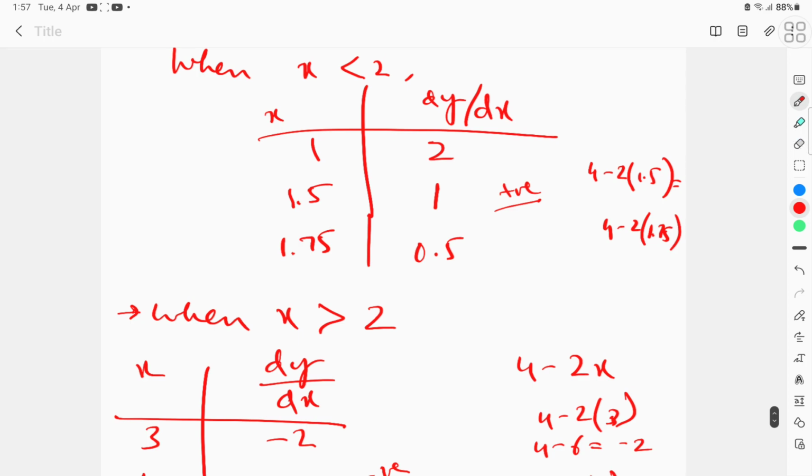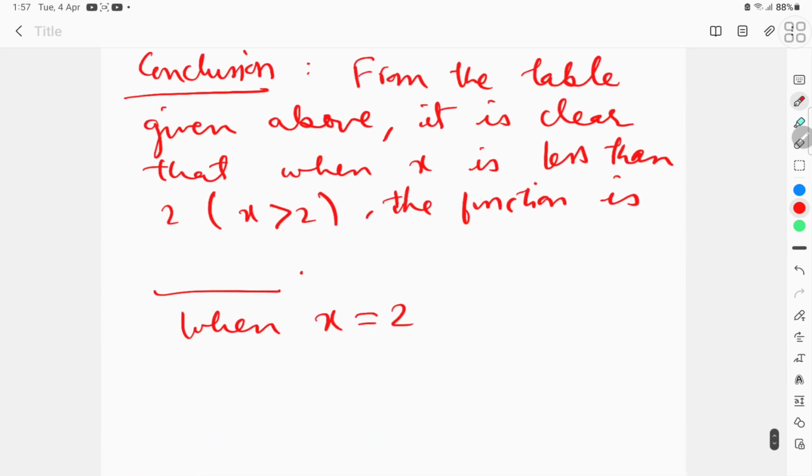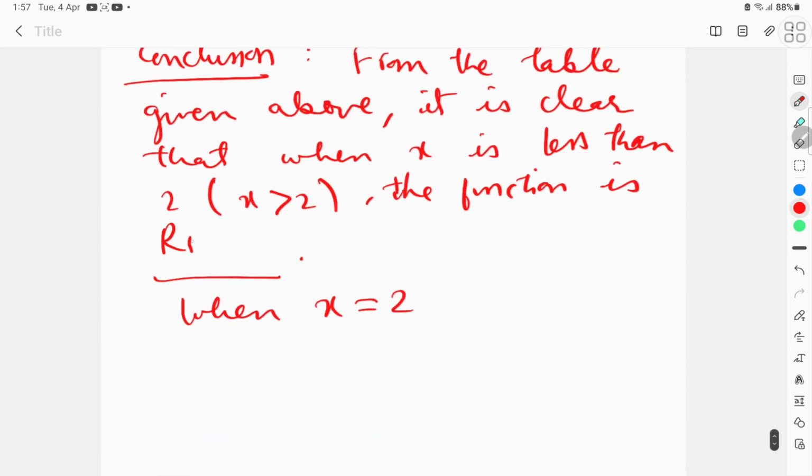When x is less than 2, when the value of x is taken less than 2, then we have positive values, so it means the function is rising, increasing, going upward. And when x is greater than 2,